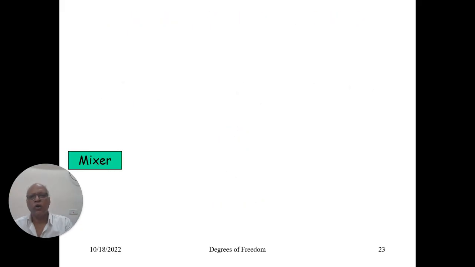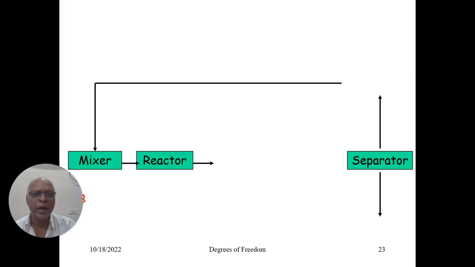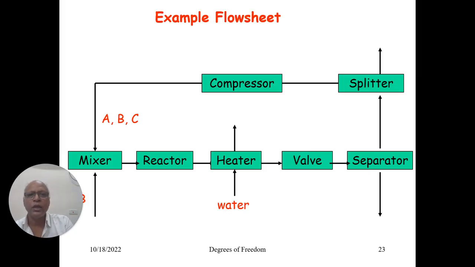Like this, it should now be easy for you to identify the degrees of freedom for any given unit based on this type of analysis. Now what I am trying to do here is, this is a typical flow sheet. You can add more details if you want, but you will be able to address the issue of what is the number of degrees of freedom for this flow sheet. Do I have to define these streams? Because this happens to be the input to the reactor, this stream the input to the heater, this stream the input to the valve.